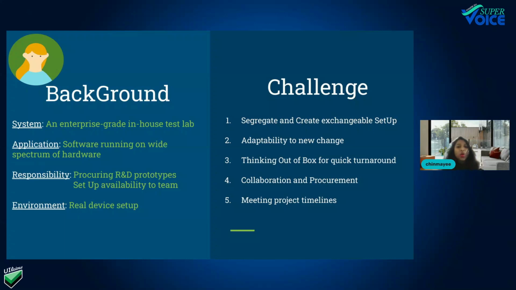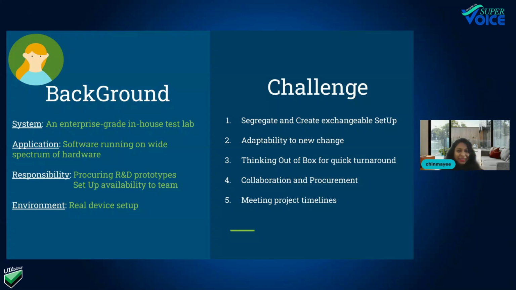The system she works in is an enterprise-grade in-house test lab. Sarah has the experience of building, maintaining, and operating an enterprise-grade test lab. Starting from the location of the test lab to the design layout of the test lab and also the general requirements, that is the ventilations, the power supplies, the moving pieces, together with the first aid box, everything